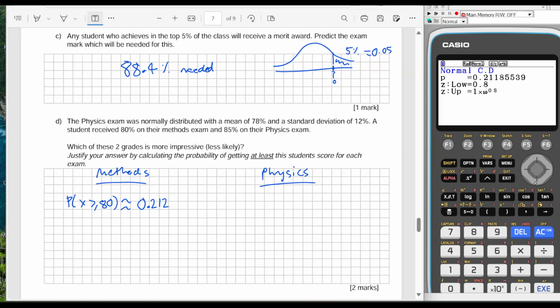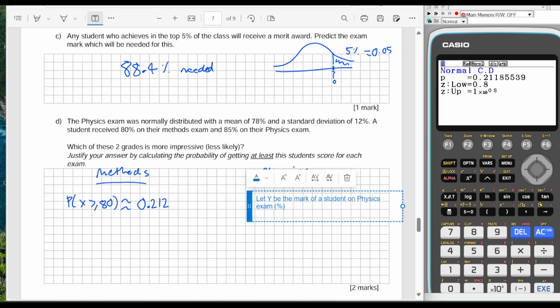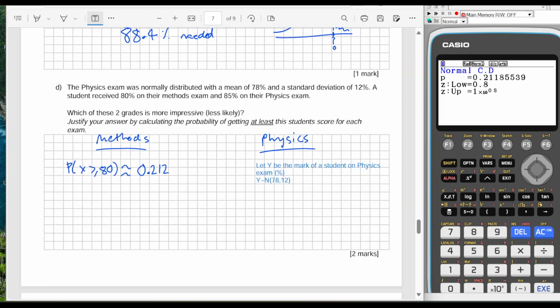And for physics, we actually need a different variable. So let Y be the mark of a student on the physics exam in percent. I was trying to squeeze that onto one line, did not work. Y is distributed normally. The physics exam has a mean of 78 and a standard deviation of 12. Okay, so